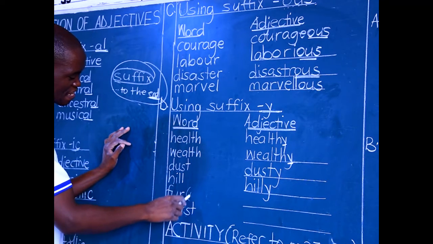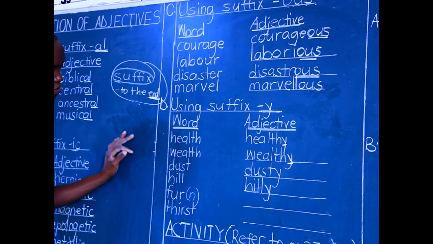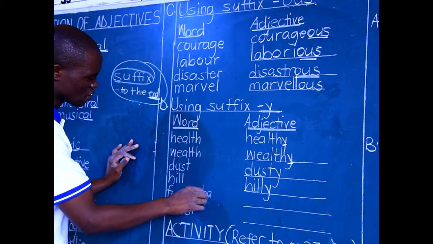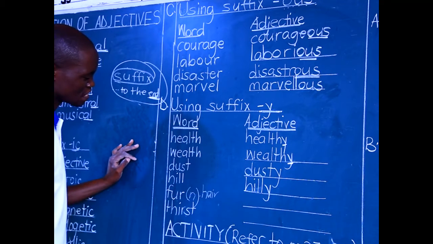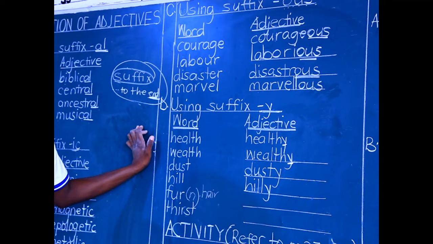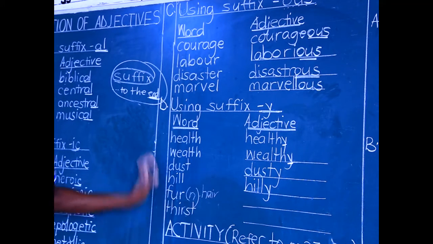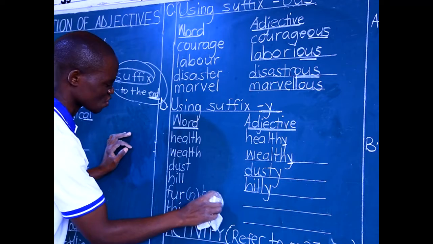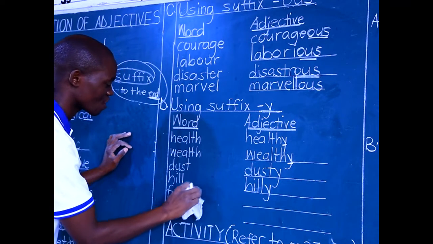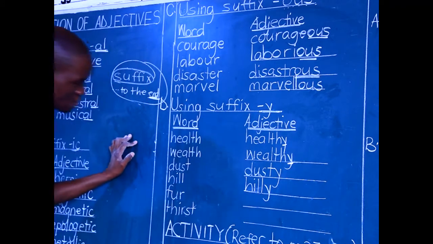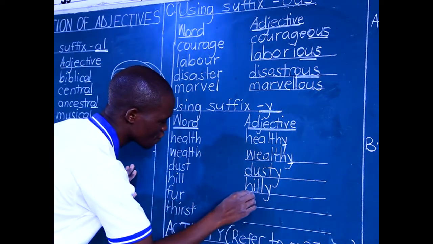Fur is a noun, F-U-R. And that's the kind of small hair, pieces of hair you find on an animal, even on a human being. Human beings have fur, if you're not aware. You can check your arm, you'll see fur somewhere there. So, do not think fur is such a strange word. Fur is that hair on your skin. F-U-R. So if you have a lot of fur, we can describe you as a furry person.